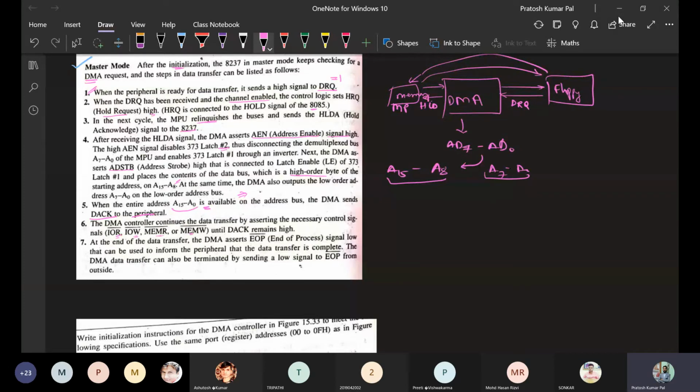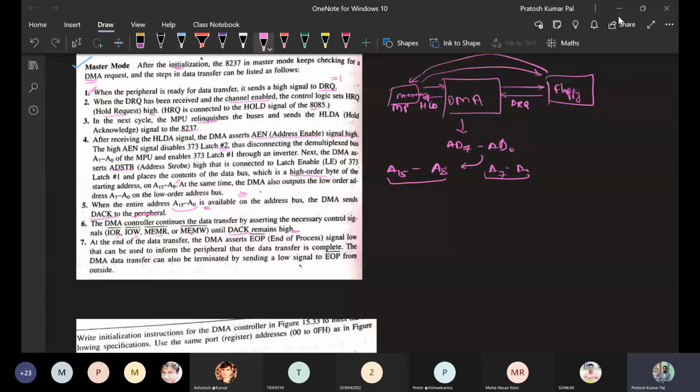Based on these signals, it will perform some operation, and this operation will be performed till the DMA acknowledgement is high. It will remain high till the data transfer has been completed.